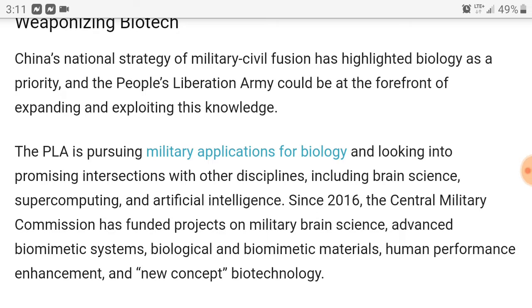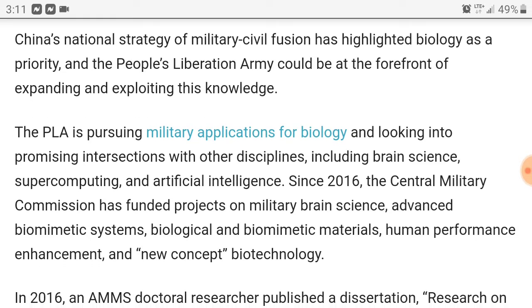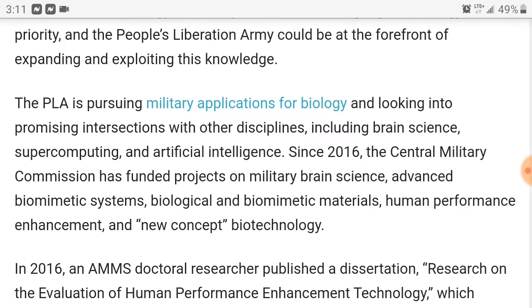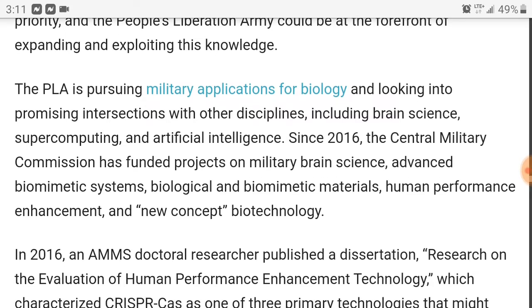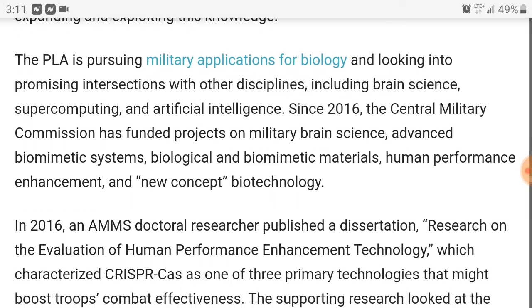Weaponizing biotech. Okay, so now this is where it talks about the military-civil fusion, and it says it has highlighted biology as a priority, and the People's Liberation Army could be at the forefront of expanding and exploiting this knowledge. Now, I don't know if they will take this down or not, but I'm hoping that everyone will read this, okay? And it talks about